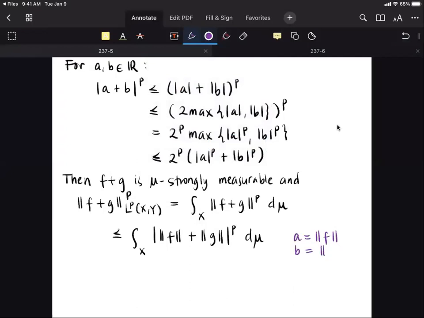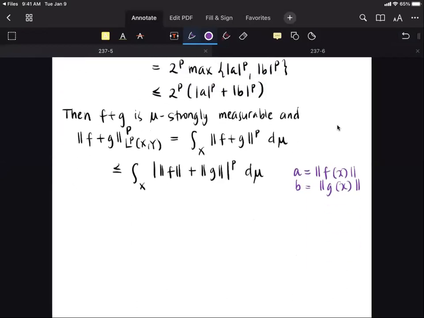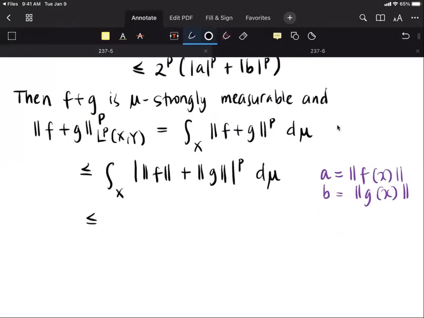More precisely, a is the norm of f of x and b is the norm of g of x. Then applying the above inequality, we get that this is less than or equal to 2 raised to p times